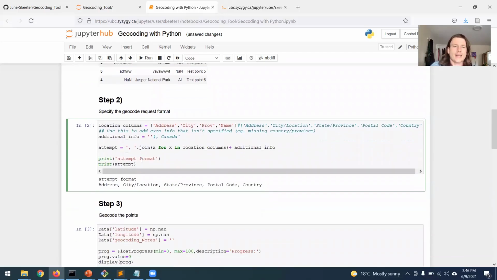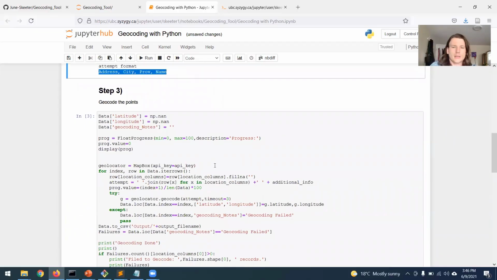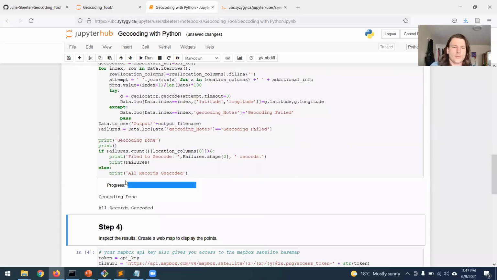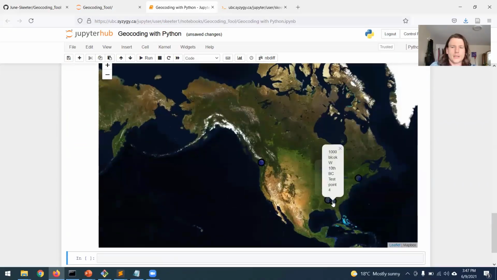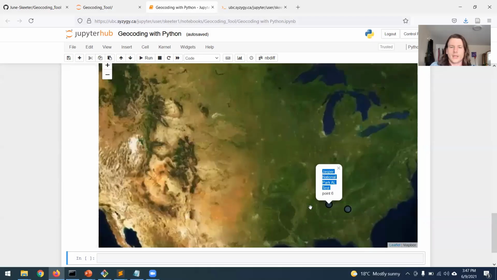So let's just leave it as is without specifying any extra info and see what happens. We run this. This is going to be the format of our attempt. We query it. We see everything geocoded. We run it. But where do our records end up? So we've got these different records that end up in weird places, right? So the geocoder is going to try to locate something, whether or not it makes any sense. And so we can see that Stanley Park, Vancouver, BC works fine, but Jasper National Park, AL, doesn't work so